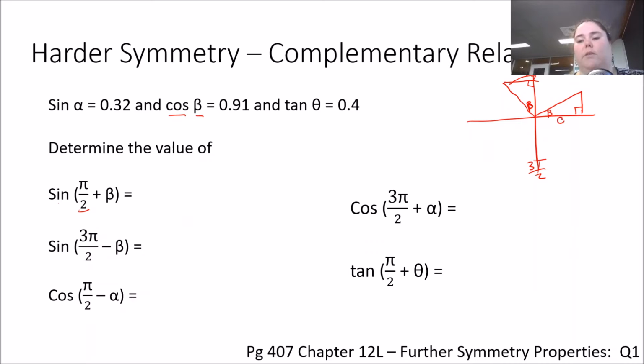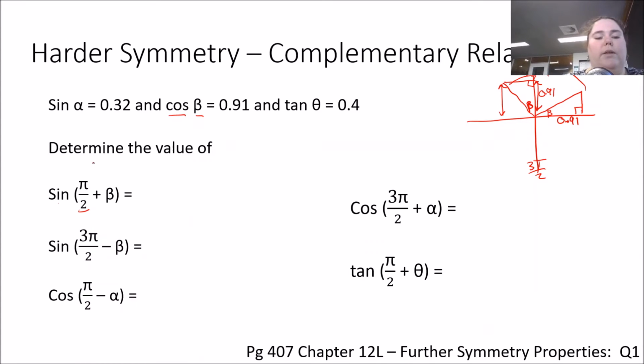Cos of beta is 0.91. So I know the x length of my beta triangle. But when I turn that triangle around, that is now my y length. So what was cos is now sine, and that's all that's happened. If I want sine of pi on 2 plus beta, I've now flicked him around into the next quadrant, and I am talking about this height,